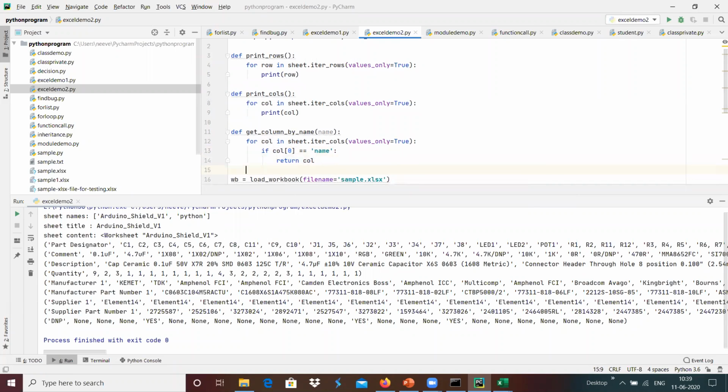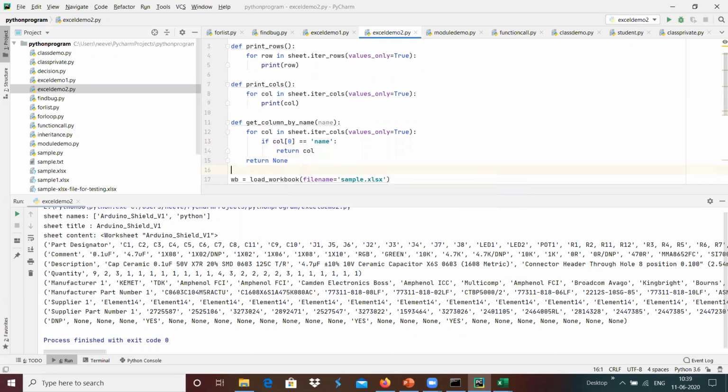Else we will return null. Return none basically over here.